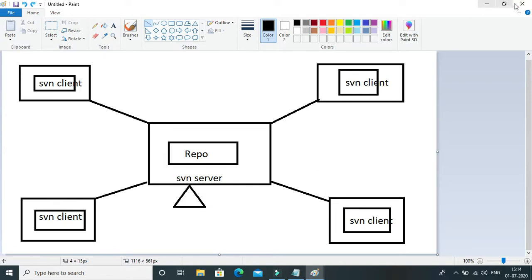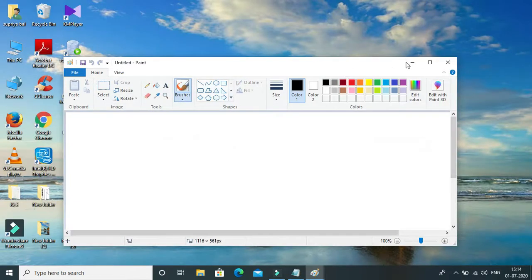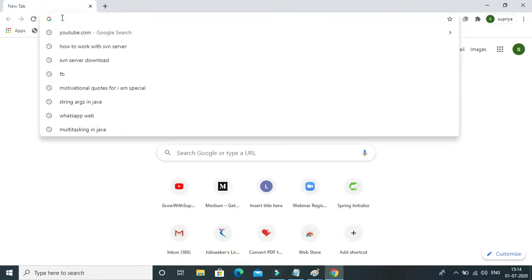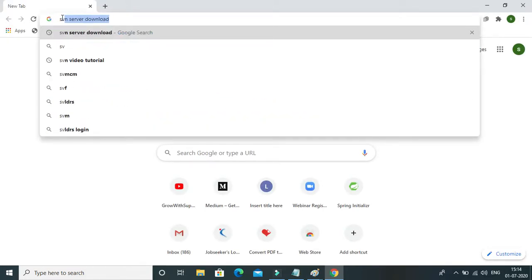But today we are doing this on our local system, so we want both on our local system. Let's download both for our practice purpose. Let's open a browser. For the SVN server, we install the software called Visual SVN Server.